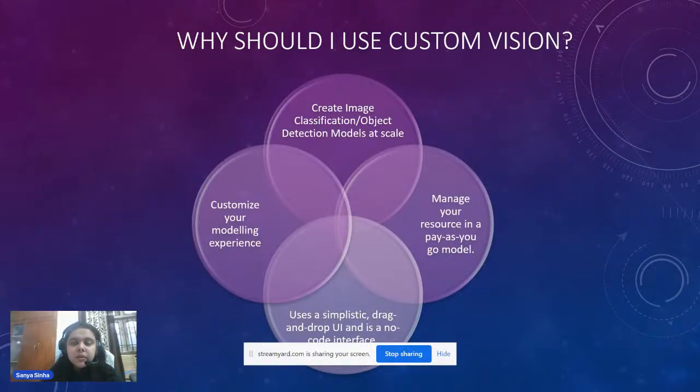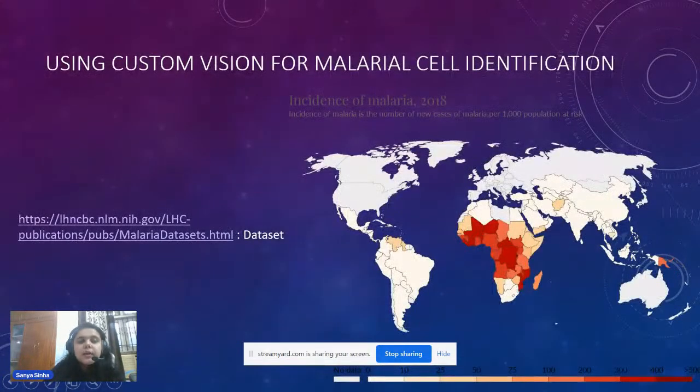You are responsible for training. The metrics that are generated are because of the data that you have fed into it. It is completely under your command, and you have full authority over the modeling. So this is what makes Custom Vision so easy, and it's really important for everyone in the world to have experienced Custom Vision at least once, because of the amazing features that it offers. So, now in this particular workshop, we are going to be dealing with a very simple, beginner friendly, yet amazing project